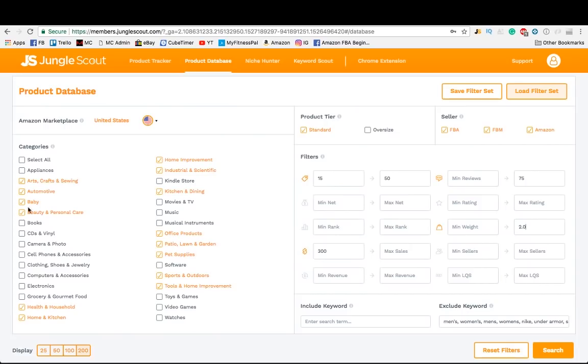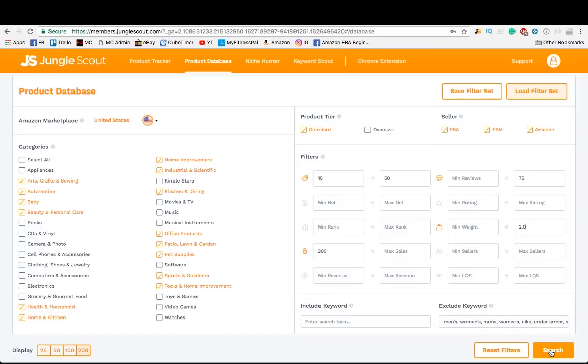Now, I prefer to use these categories, but you can select your own if you want to sell products in other categories. But for me, I don't want to sell clothing or textiles, toys and games, and cell phone accessories is too competitive. Electronics have too many returns, and I don't want to deal with any potential lawsuits, so I stay away from anything that goes in or on your body, such as food, supplements, or creams. Make sure you choose standard size and FBA, FBM, and Amazon sellers.